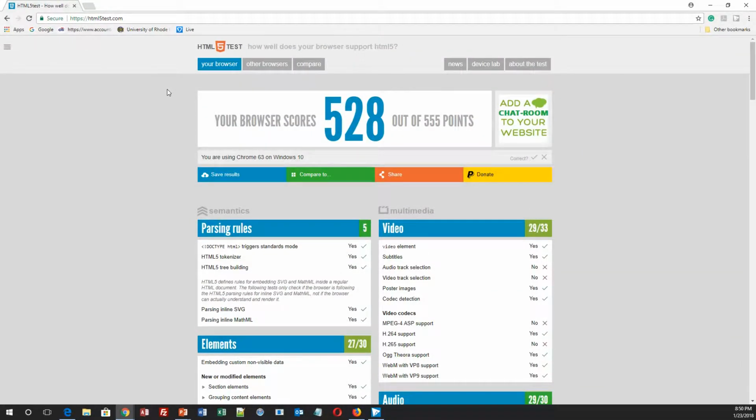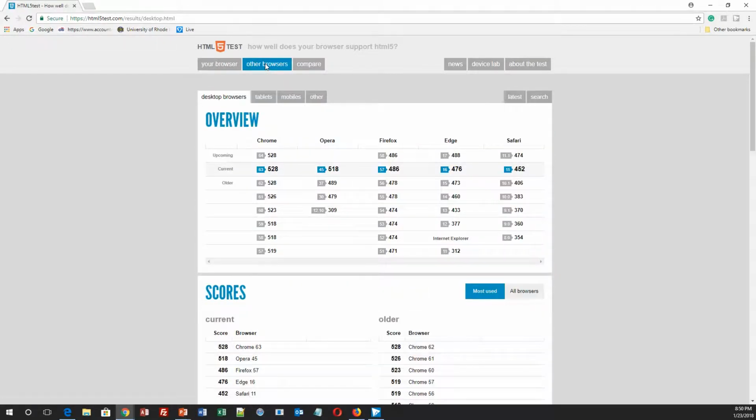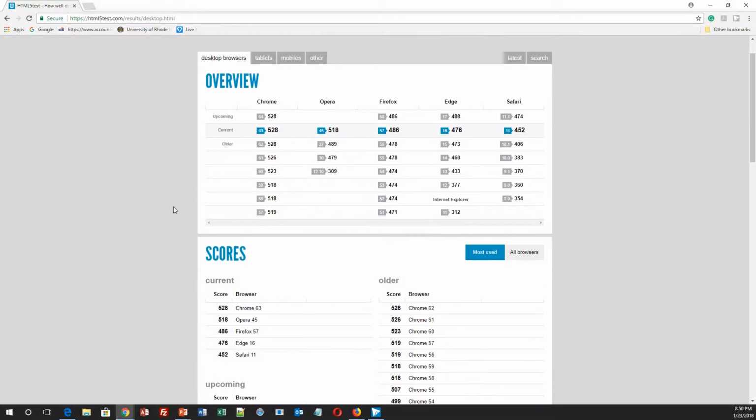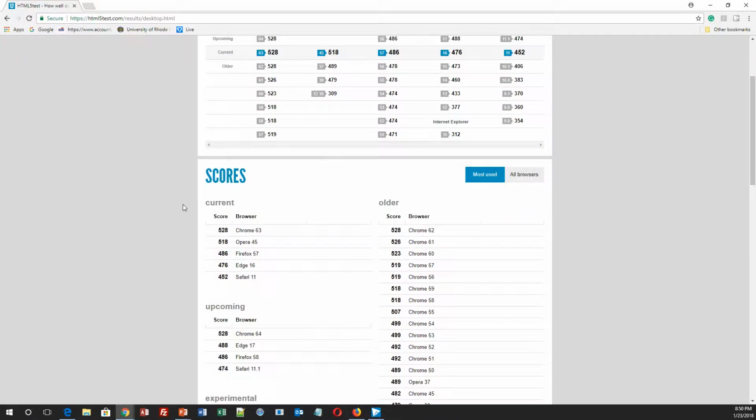So as you can see, Chrome, which is what I'm looking at right now, scores a 528 out of 55. If I want to look at what other browsers do, I can click on other browsers and it actually will show me who the top browsers currently are. So here's the current scores for all browsers. Currently, Chrome is number 1. Then you have Opera, which is number 2, which I'm sure most people don't usually use. Then you have Firefox, Microsoft Edge, and